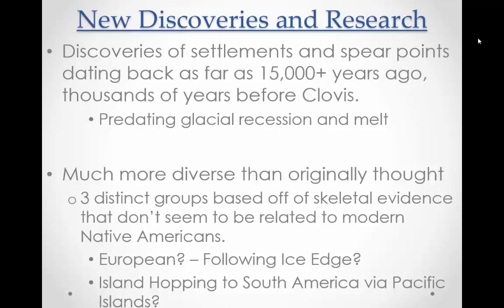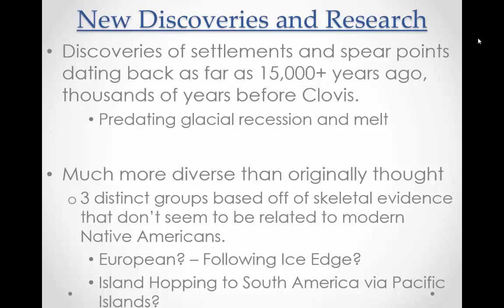And what's happening is, as more evidence is found, people couldn't really ignore this anymore. And ultimately, it allowed them to begin digging deeper into some of these Clovis sites and realizing that when they dug deeper, they actually found other artifacts that dated even longer before this Clovis model. So when you throw in DNA evidence and things like that, it became evident that there was a much more diverse population in the Americas at this time period.